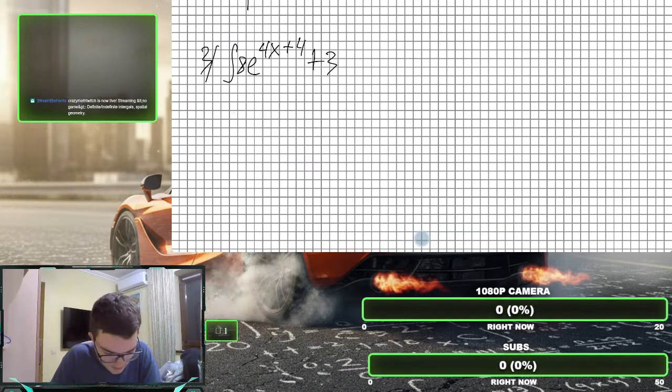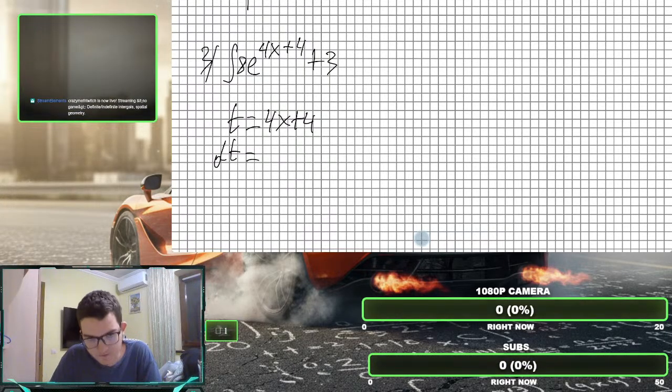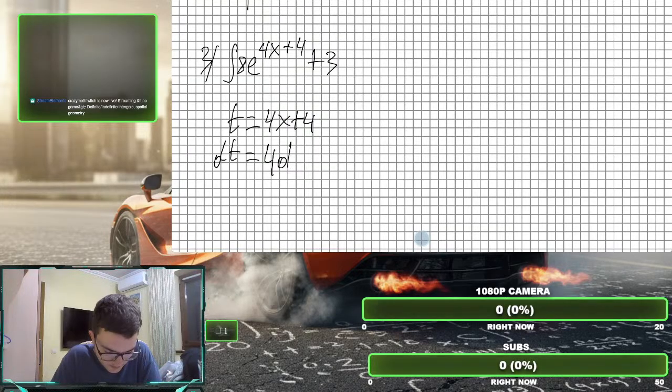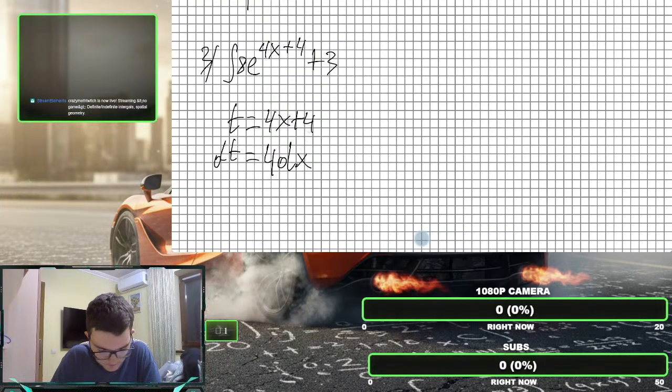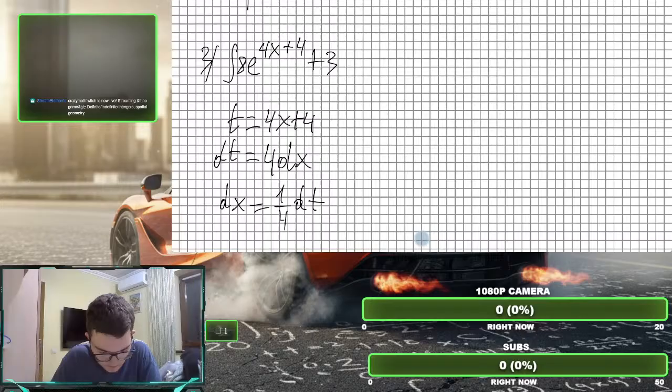So t will be 4x plus 4. Now I need to find dt, which is the derivative of this. So the derivative will be just 4 dx, and now dx will be 1 divided by 4 dt, and now